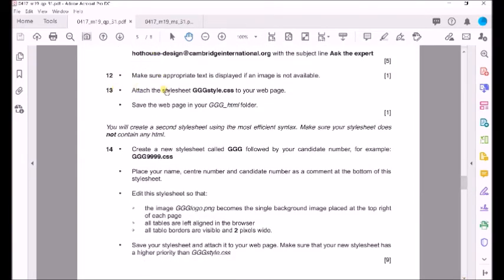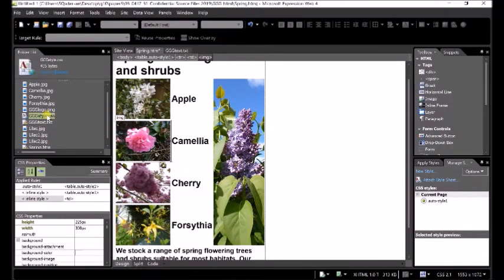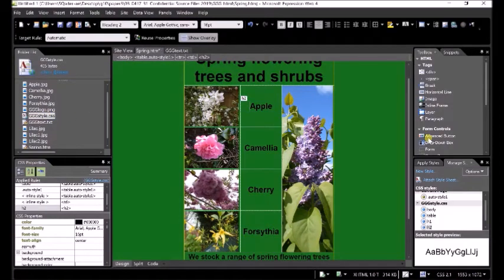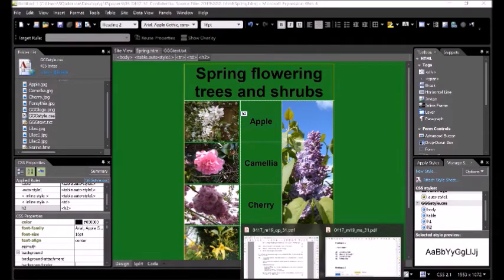attach the style sheet G style CSS to your web page and save this web page in your, it's already saved, so just only I have to attach the style, the CSS. Now the changes are done. The background is green, the table border is yellow, the table in the middle or in the center of my web page, and also I am saving my work. By this